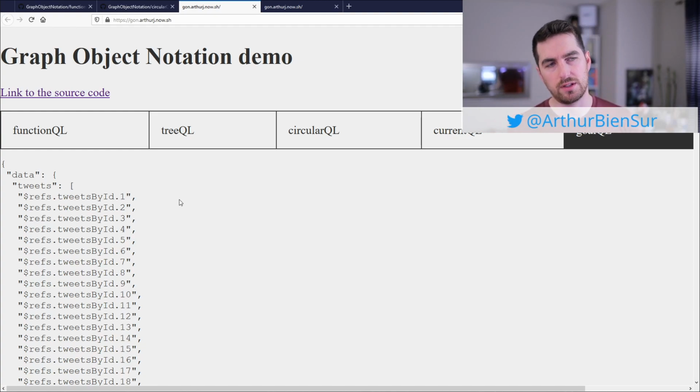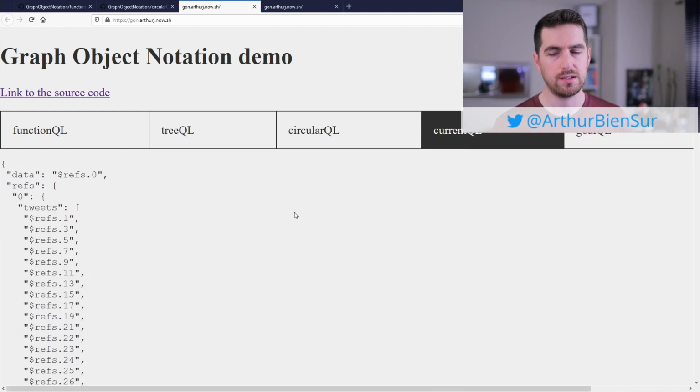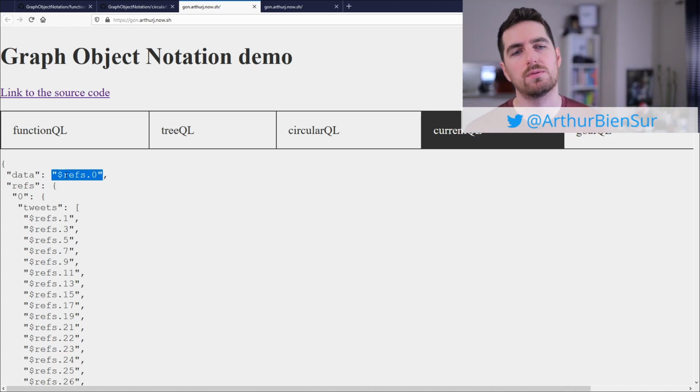So at the moment, I'm not far yet, sorry. I'm still in early stages, and you can see what an endpoint on current QL would look like. So at the moment, it's quite greedy. So it goes back to the JSON complete thing where you get the data, and the data is always a reference, which is a little bit strange. Maybe you don't want something like this, but here you would get,